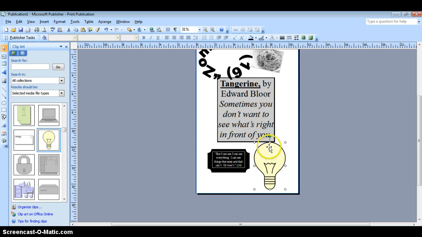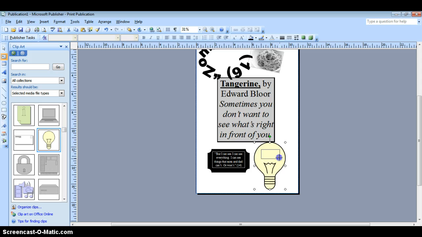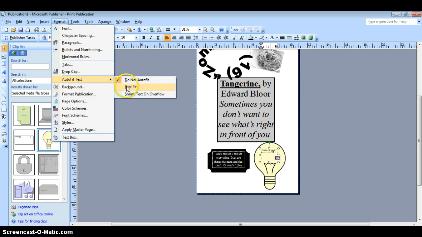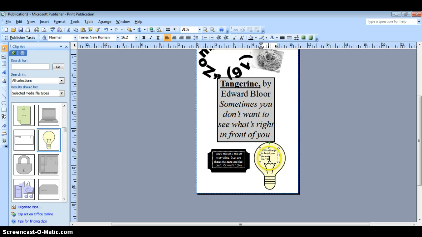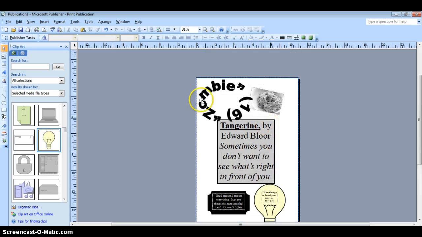Now look, it's not giving me a blinking cursor anywhere. So if it won't give me the blinking cursor, I have to insert my own text box like this. Insert, text box, draw one in there. Control V to put my words in, and then I go under Format, Auto Fit, Best Fit. And I like to center it in there. Okay? So lots of things to play around with. We're going to make sure that somewhere in here we've put our name on our paper. To print at the end, once you have